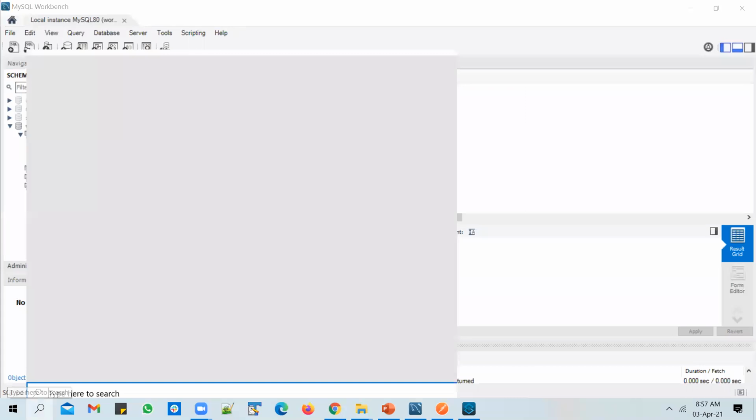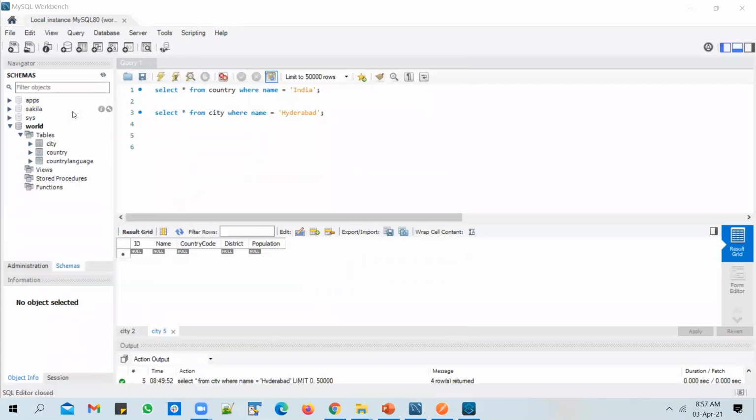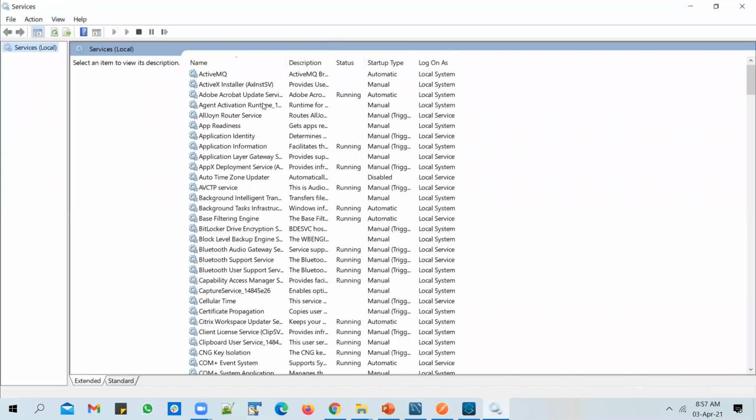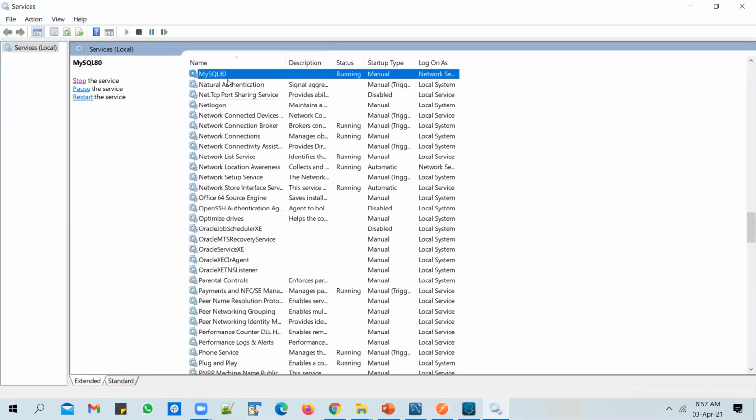If you go to services, you will have MySQL installed as a service there. Ensure that this MySQL service is up and running. By default, the startup type will be automatic, meaning whenever you start your laptop, MySQL's database server also boots up. You might want to avoid that. If you want to do that, change the startup type from automatic to manual so that you can turn on the server only when you want to access MySQL database, to avoid unnecessary CPU consumption in your laptop.